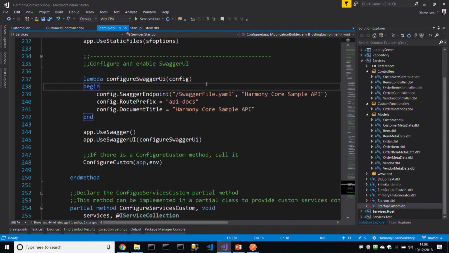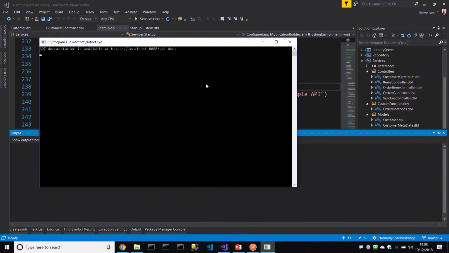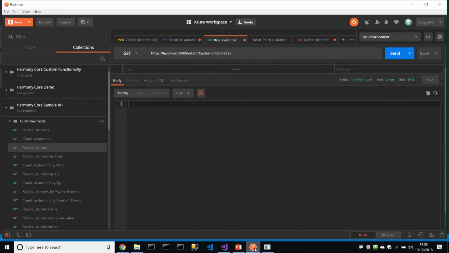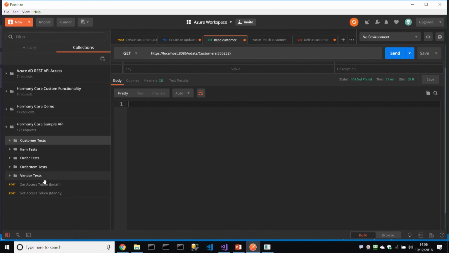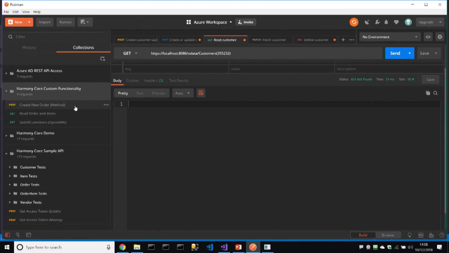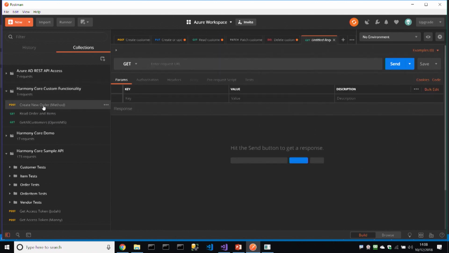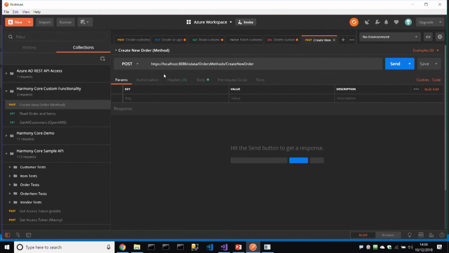Okay, so what did we just do? We added our custom function. In theory we built it, so we should be able to run up the service. And in theory, again, we're posting something here, so we need to use Postman. I believe I've got a test in here somewhere. Oh, it's in here, Harmony Core custom functionality. There is an import file, I think, in the project file that has these three tests in. So here's a test for the create new order method. You can see we're posting to, oh, I didn't show you